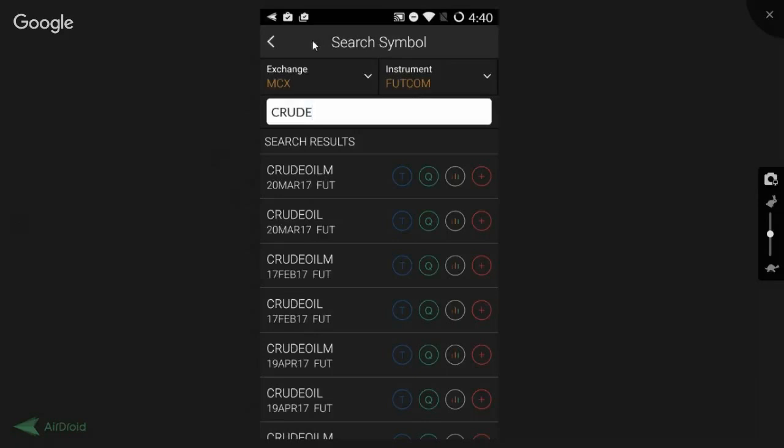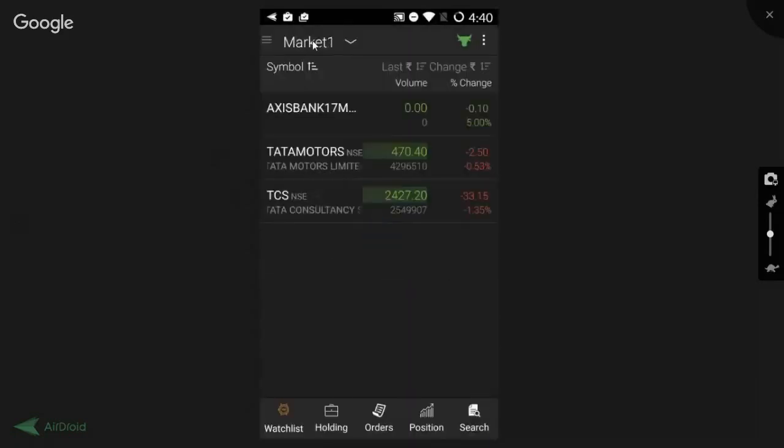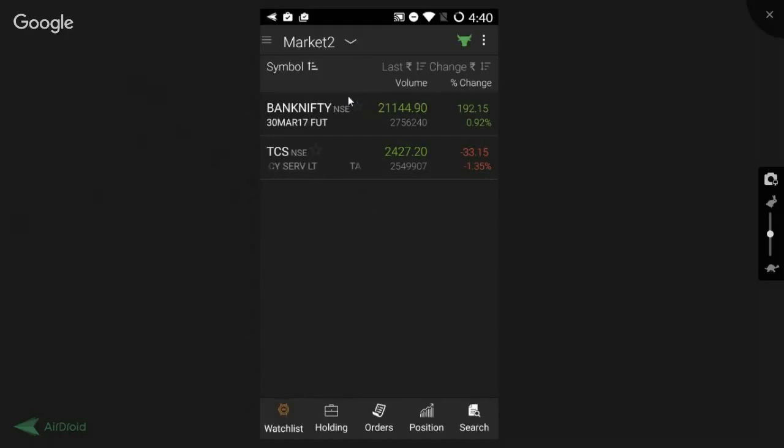So now we get back and check on the watch list that we had created. So we had added these scripts to the watch list in Market Watch 1. If we click on the drop down, we get Market Watch 2, and we see that we have the other stocks that we had added in Market Watch 2.